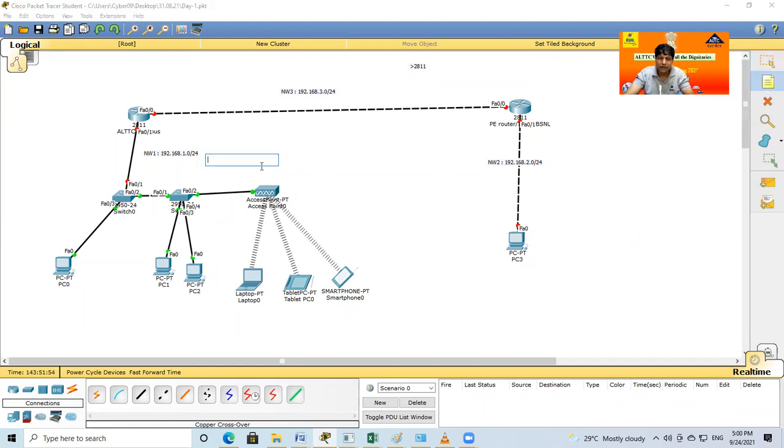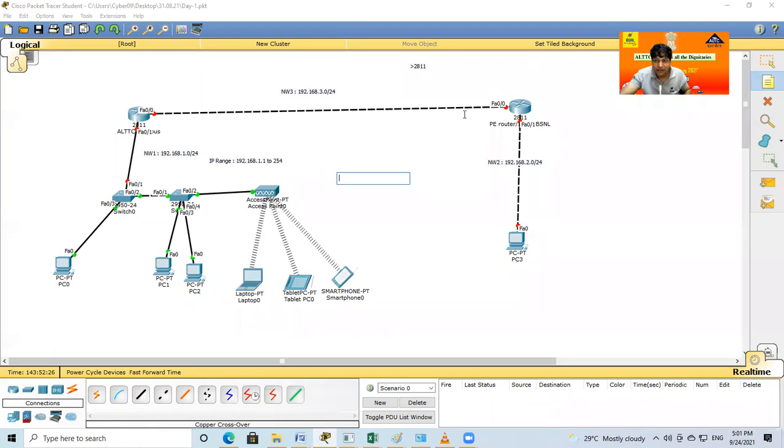So how many IPs are possible? /24, already discussed during the IP class: from left-hand side to right-hand side, 24 bits are fixed, so the remaining bits are the host bits. That means 2 to the power of 8 minus 2, so 254 customer IPs are possible. So the IP range you can write here, as you are already aware, is 192.168.1.1 to 254. Okay, am I right?